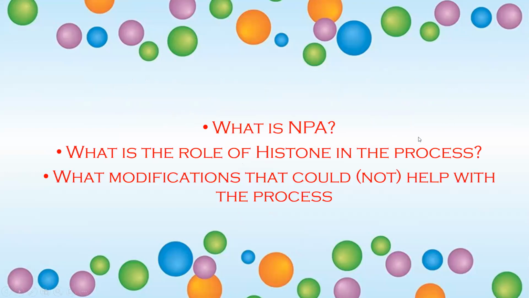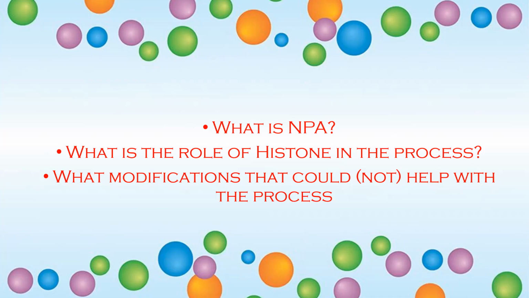The first one I want to talk about is NPA, or nucleosome protection assay. It is a test to see if genes are ready to be transcribed and expressed or not. One thing I want to mention about this test is that we have to make sure that histones are degraded. In other words, the presence of histones protects DNA from degradation by DNA nuclease, or DNase 1, which is the condensed chromatin. So we have to make sure that DNA is susceptible to degradation by DNA nuclease, or DNase 1,